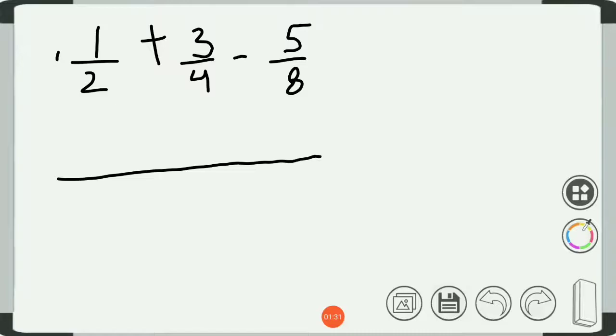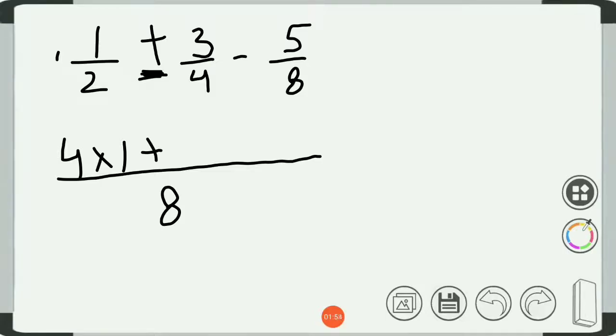Keep the denominator LCM 8. Now 8 also goes in 2's table. 8 goes in 4 times in 2's table. 2 4's are 8. So what you have to do? Multiply that 4 with 1. 4 into 1. Keep the sign same. If there is a plus sign, you also have to put plus sign here.